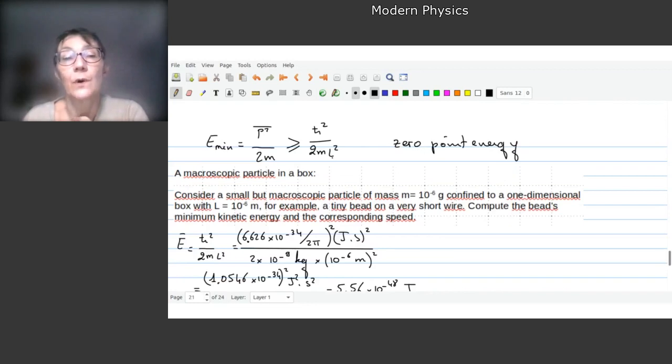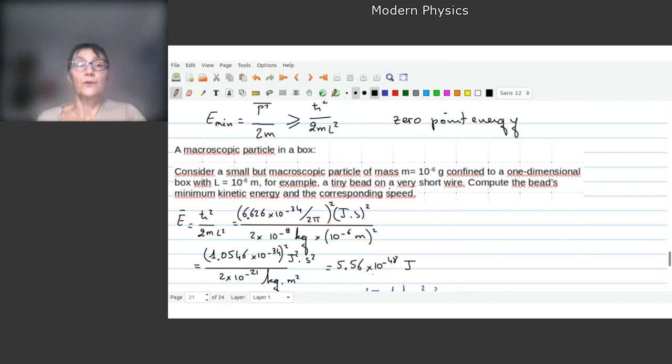And here it depends on the dimension of the box. Obviously, you see, if you have a very large box, for example free space, okay, you have no box, so you let this length go to infinity, and so this minimum energy goes to 0, okay. But if you have a box with finite dimension L, you will have a finite value of the 0-point energy, okay. And so to finish here,